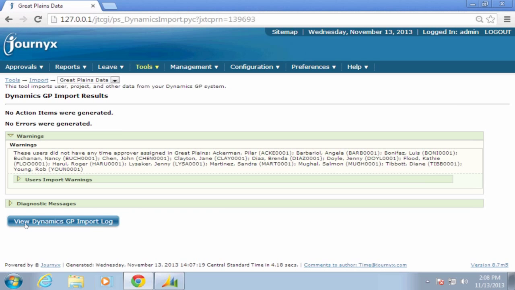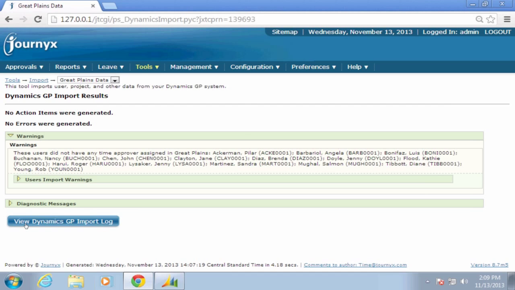Now, of course, like most of the import tools, or all of the import tools in Journyx, after you've loaded this data, and we looked at it manually so that we had some kind of process to review, your imports can be set up to work on a schedule. So you can schedule a check for new employees, and those new employees will be set up. And each of those automated or scheduled imports will have an audit report attached so that you can always go back and review